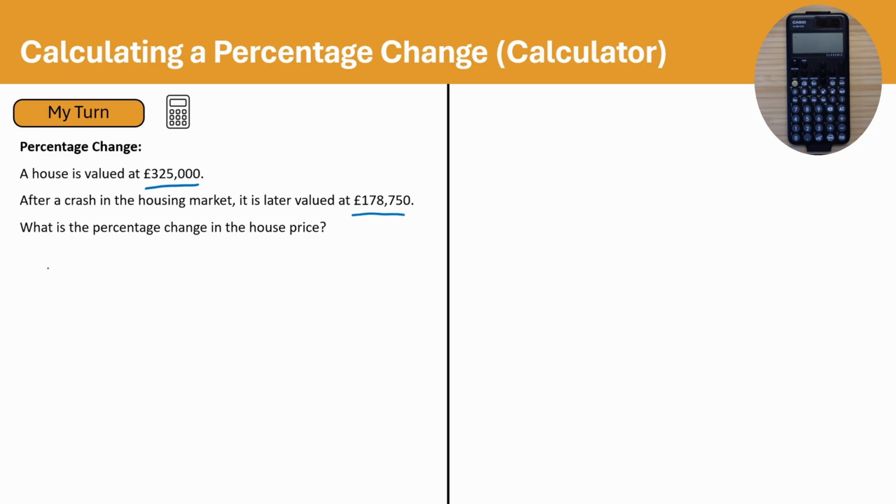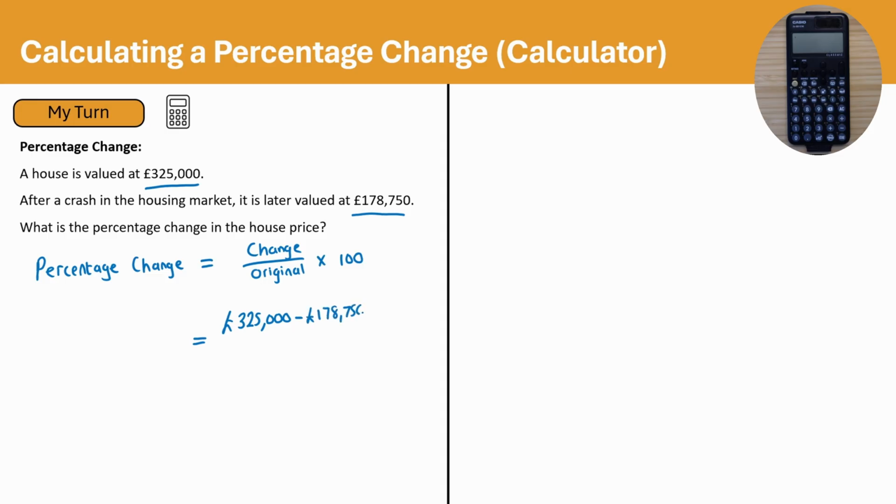We have a formula for percentage change as follows. The percentage change is equal to the change divided by the original multiplied by 100. The change is going to be the difference in the house prices, so £325,000, subtract the